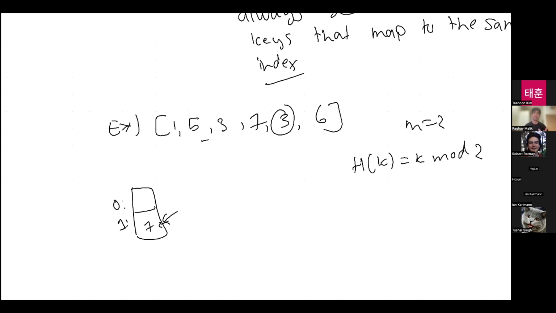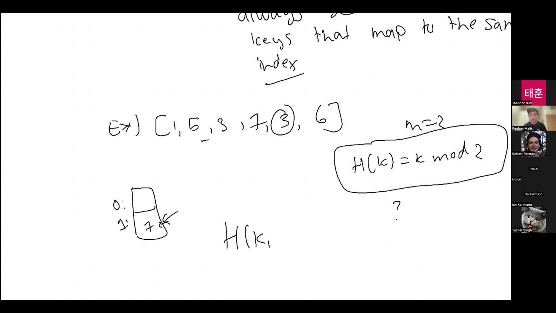And if the algorithm doesn't rely on keys being in unique positions, then we're not really taking advantage of the fact that we have a hash table. And so the moral of that story is that collisions are bad. And what I hope to talk about today is ways to deal with collisions and ways to design hash functions. So how do we come up with this? And how do we deal with what happens when h of key one equals h of key two, but key one is not equal to key two?